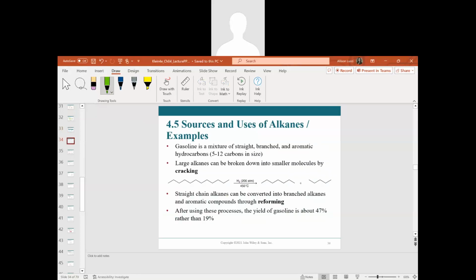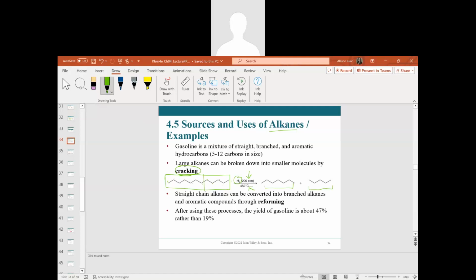So how do we create these alkanes? A process called cracking is used to take some of these larger alkanes. Say we did our distillation of petroleum, and we end up with this long chain, which is 1, 2, 3, 4, 5, 6, 7, 8, 9, 10, 11, 12. So we have a dodecane here, a 12 carbon chain. Now we can do this process called cracking, which at very high pressure and high temperature, we can add hydrogen and break this molecule apart here. Somewhere in there, we've cracked this in half,